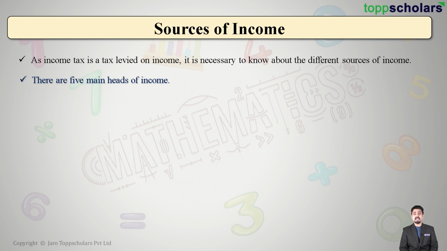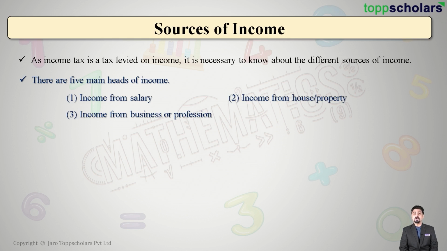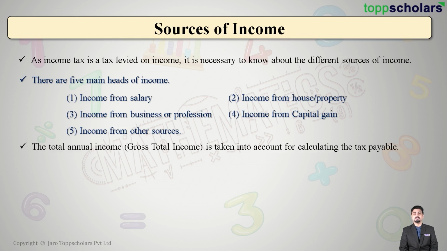The five main heads of income can be income from salary, income from house or property, income from a business or some profession, income from capital gain, and some other sources of income. The total annual income, the gross total income, is taken into account for calculating the tax payable, which means for calculating tax, the income from all these sources are taken together and then tax is calculated on the same based